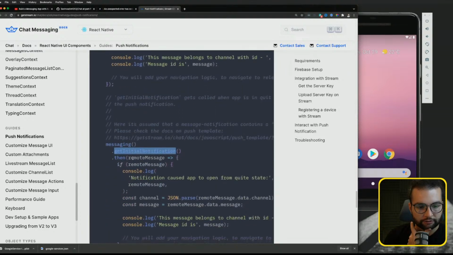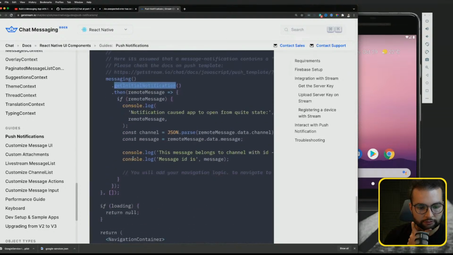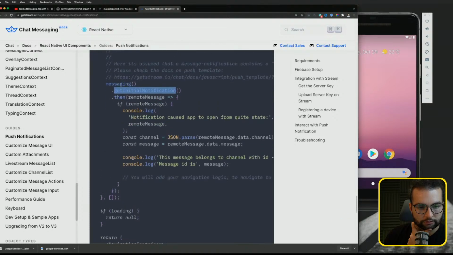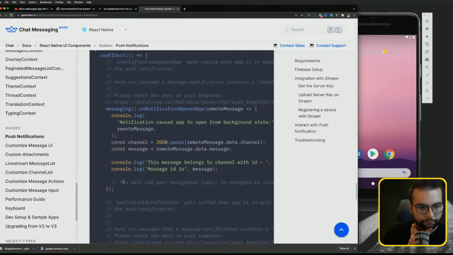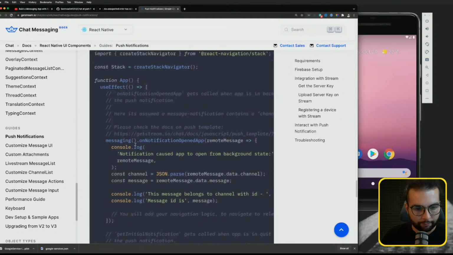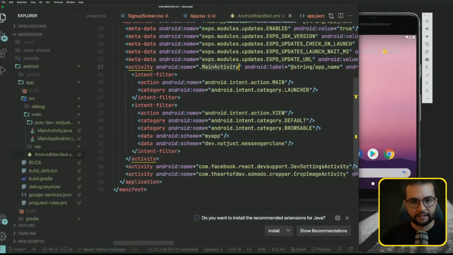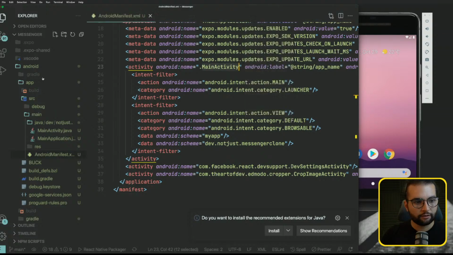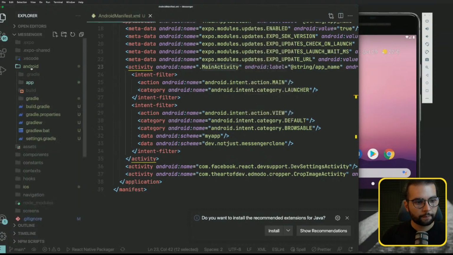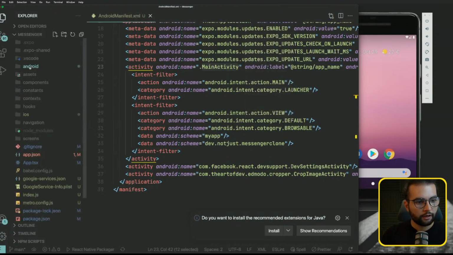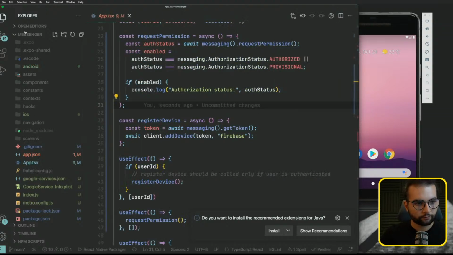And getInitialNotification, then. Yeah, let's start with messaging onNotificationOpenedApp, remoteMessage. All right, so in our App.tsx, I'm gonna close everything. App.tsx,